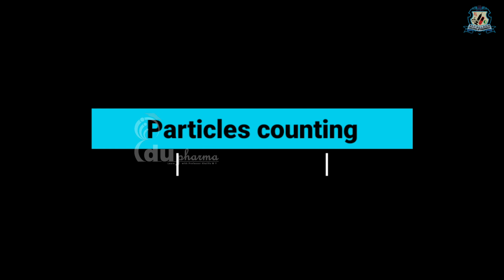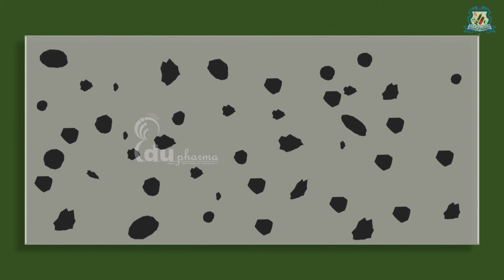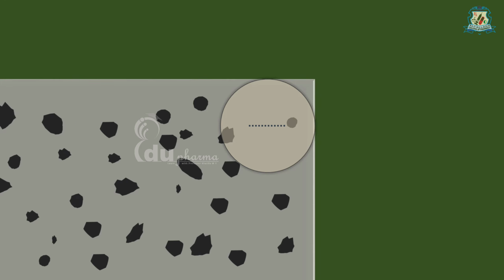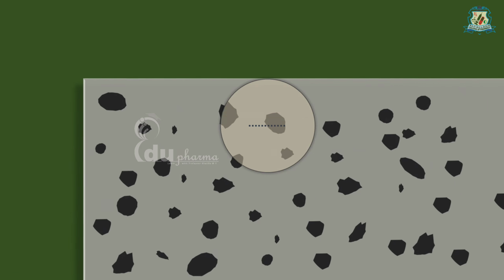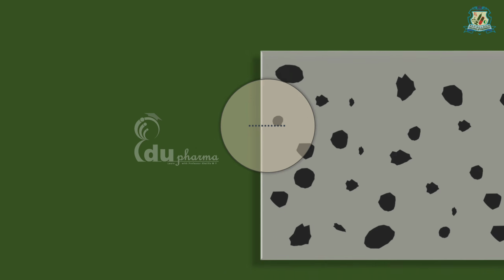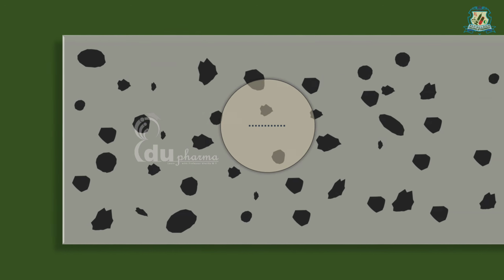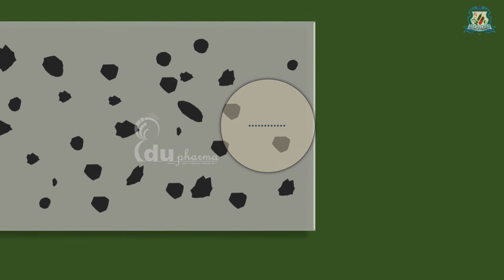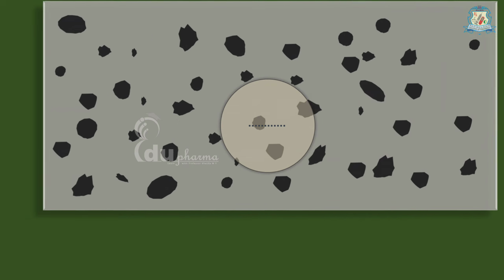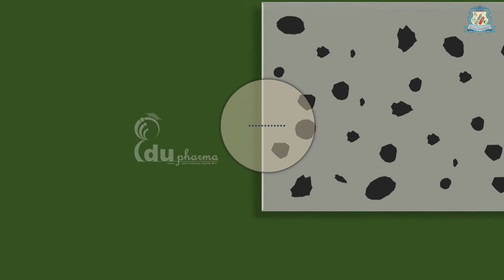The most important step is particle counting. It requires a special technique. As you can see here, particles can be distributed over a glass slide, and it is very difficult to avoid repetitive counting of the same particles under a microscope. To avoid this, the movement of slide under the field of view should be controlled and it should follow the particular motion path as you can see here.